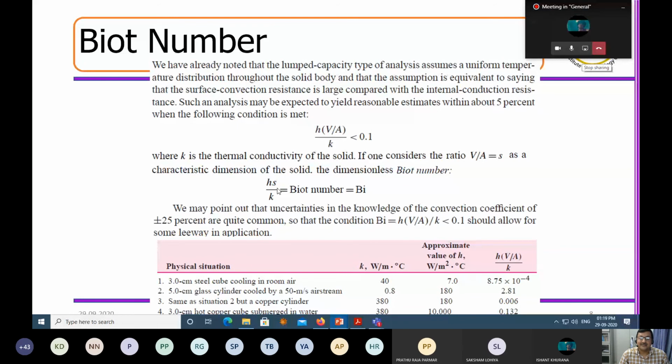the Biot number, hLs by k, and later on we will see, a very similar dimensionless number will also arrive to us, which is called the Nusselt number. They look very similar. Another very important question of your interview: what is the difference between the Nusselt number and the Biot number? Both are related to convection. Both are related to heat loss due to convection. But the Biot number is associated with the transient convection, whereas the Nusselt number is associated with the steady convection.